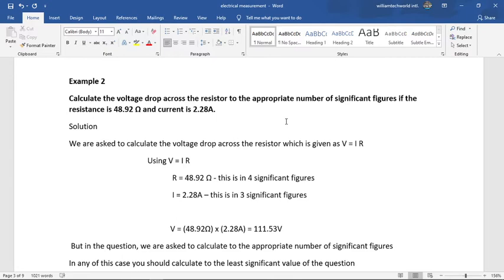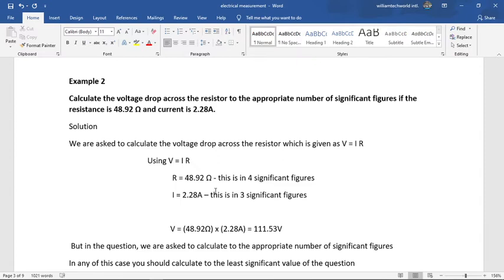There's no zero among them, so we're having 4, that's 48.92, so that's 4 significant figures. Then the current, we're having 3 significant figures. You can clearly see this is 1, 2, 3. So 3 significant figures. Now when you multiply two of them together, they say we should calculate the appropriate number